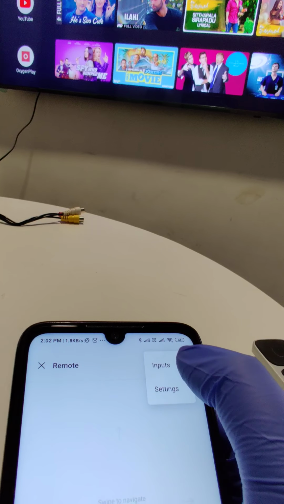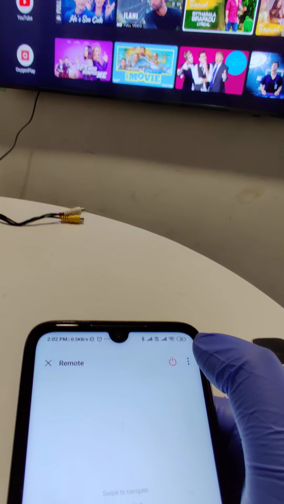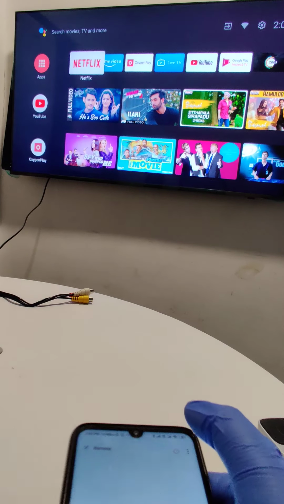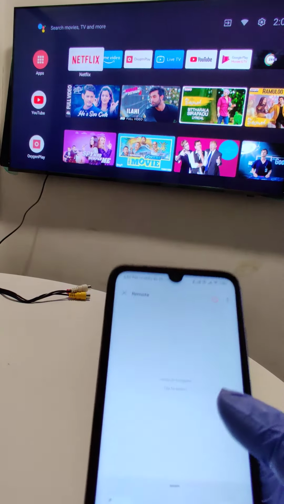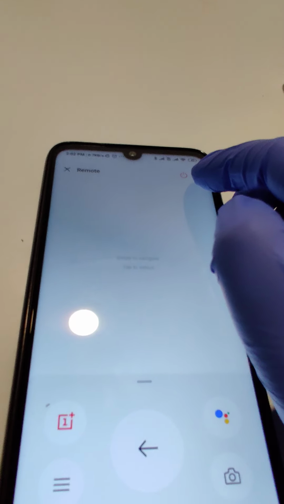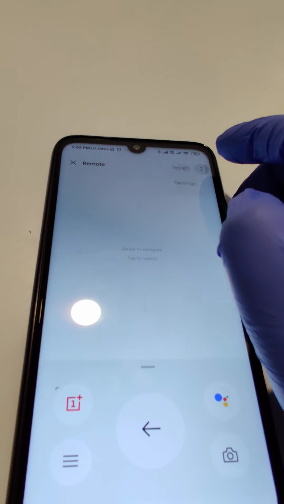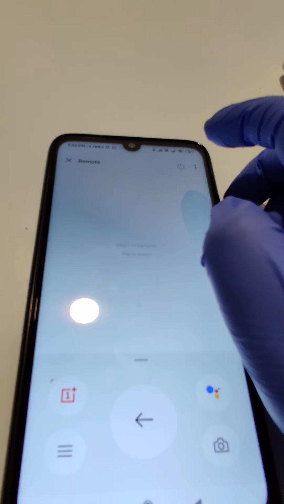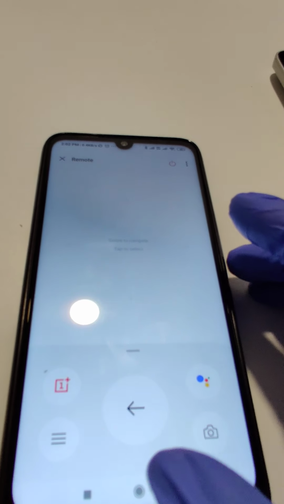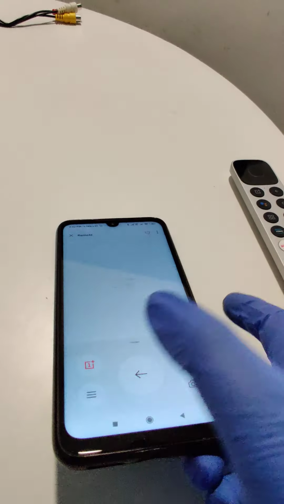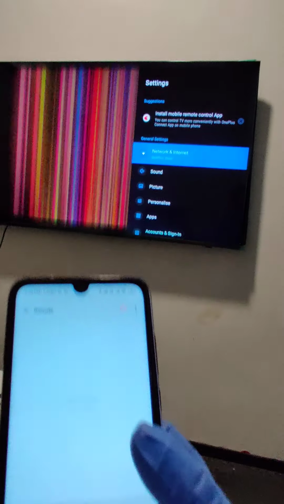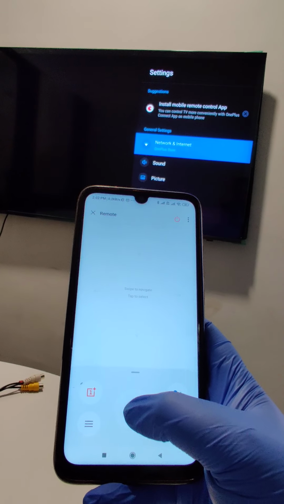If we click on that, you'll get an option like input. If you click on input, the TV will show some input bars in the bottom corner. I'll try that once again. Click on this input. So I click on the setting option from there, and you can see the setting bar is visible. So from there also you can access settings.